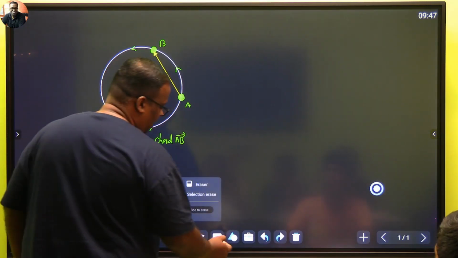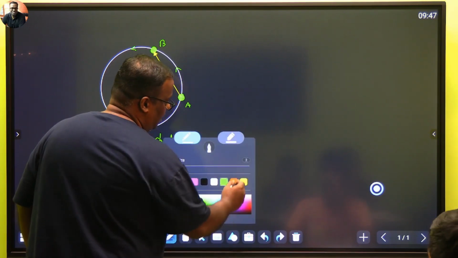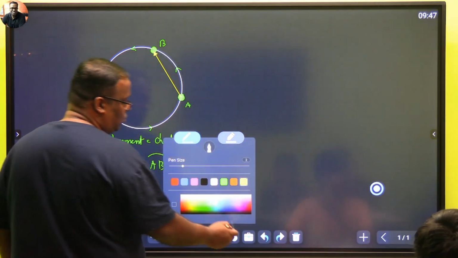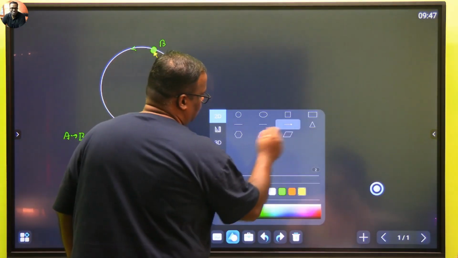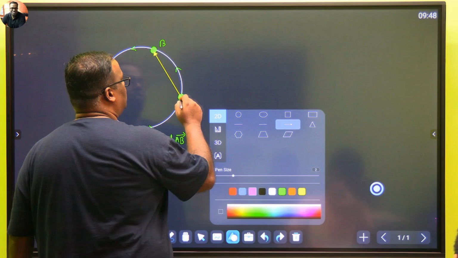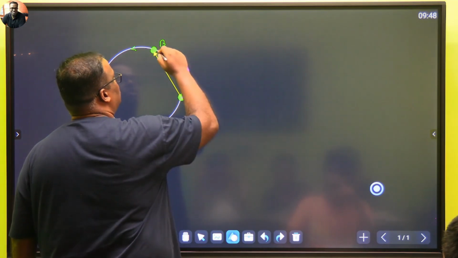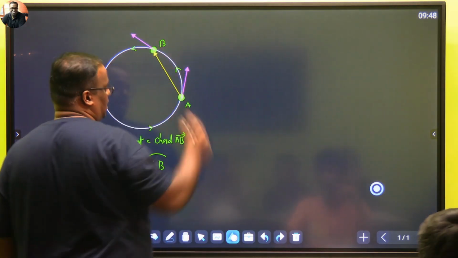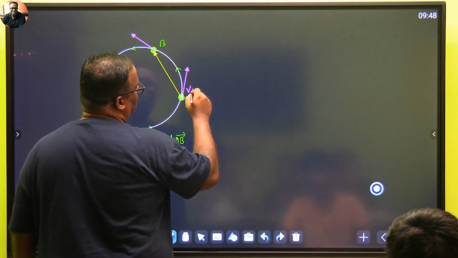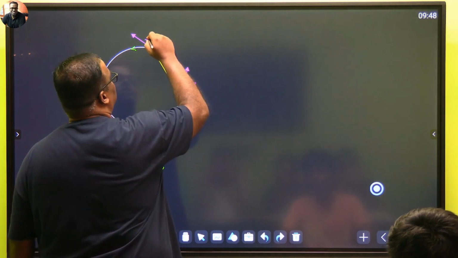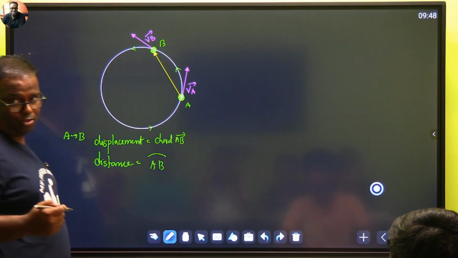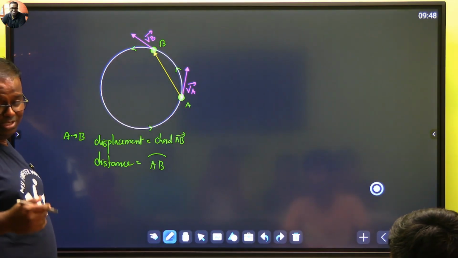अब हम आपको कंफ्यूजन कराने के लिए कुछ और भी बातें डाल देते हैं, आइए मजेदार बातें। अब इस जगह पे इस बॉडी के पास मूव कर रहा है कोई तो वेलोसिटी होगा, है ना? तो what is the velocity of the body at A? The velocity of the body at A is always tangential to A, velocity is V_A, यानी कि यहाँ पे, अब यहाँ ध्यान दो, this is the velocity at A, इसको मैंने वेक्टर से लिखा, this is the velocity at B, इसको मैंने वेक्टर से लिखा।